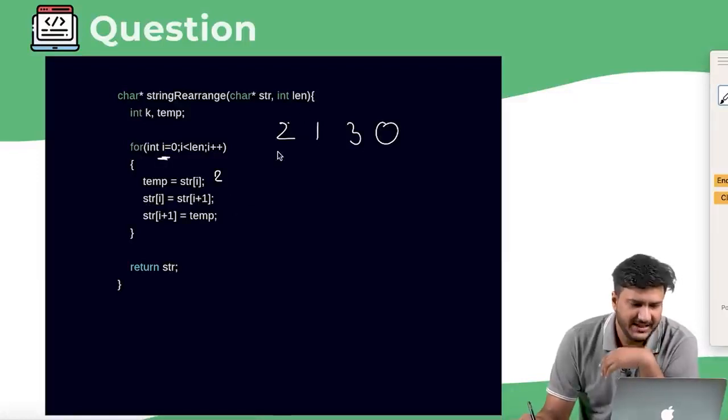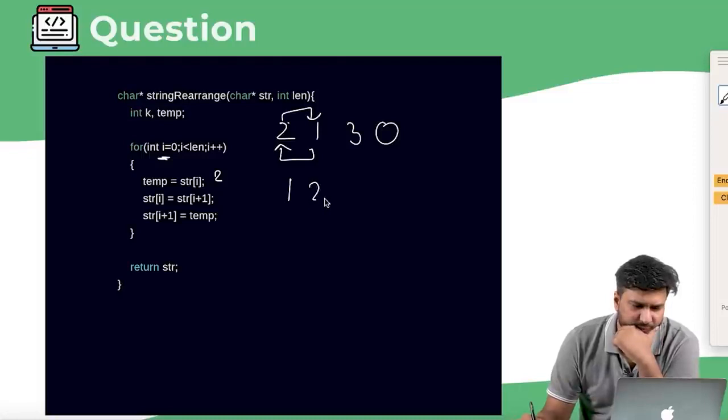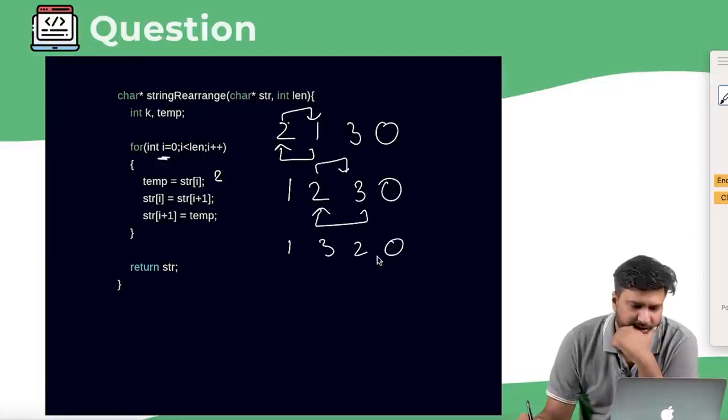So essentially this and this are swapping, right? It's perfect. In the next case, 1 2 3 0, then again this and this will get swapped, so it will become 1 3 2 0. Then finally this and this will get swapped, so it will become 1 3 0 2, right?